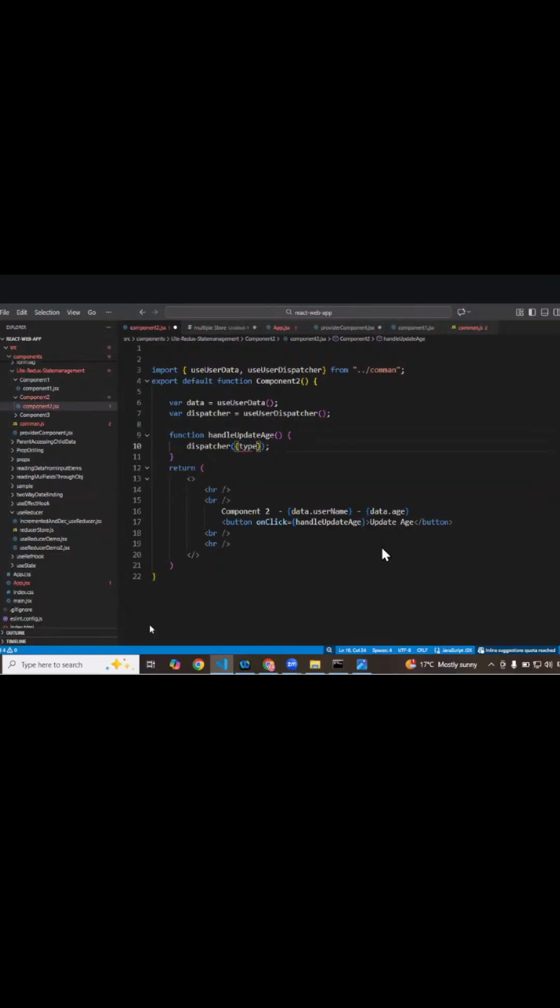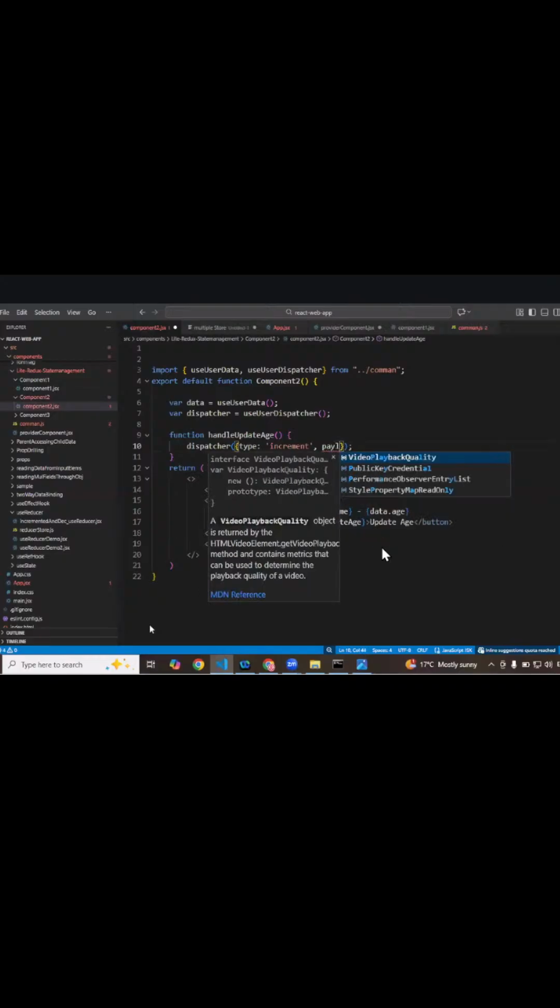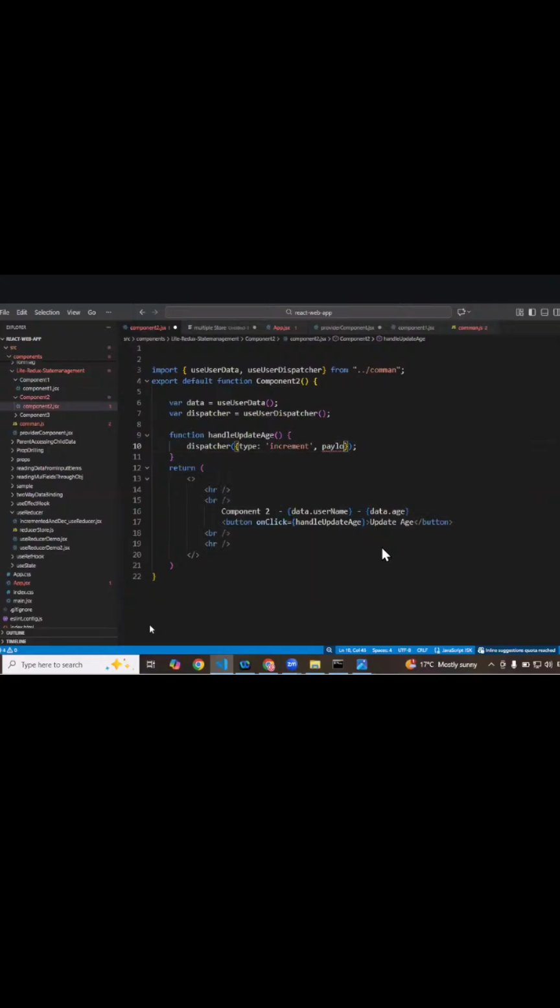What type of action are we going to do? Say something called increment. Right now we are not passing any payload. Otherwise, we would have to pass the payload also, I mean the data which has to be updated. That is what we need to pass. But right now, when I say increment,